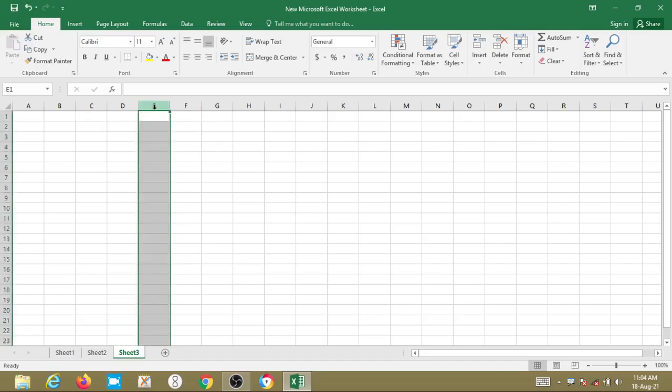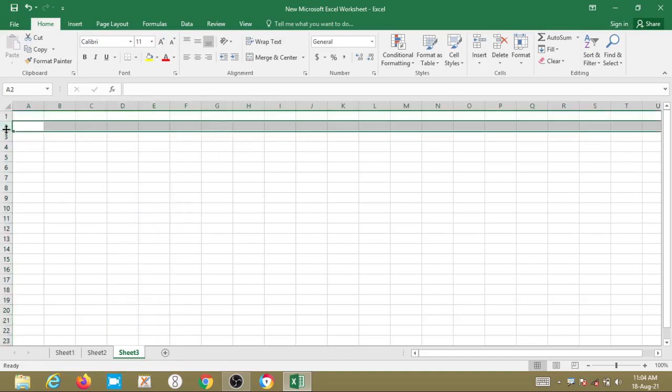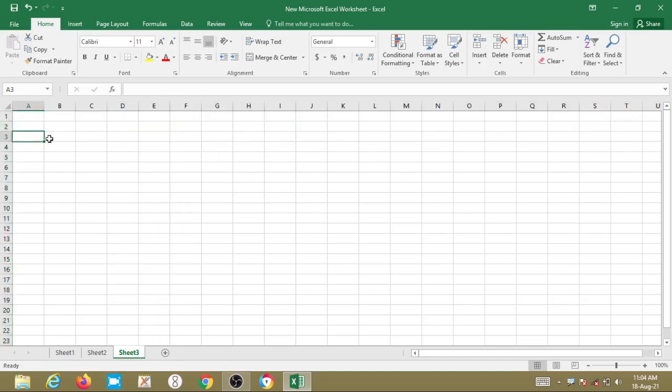If you click here, it will select. And a grouping of cells arranged from left to right is called a row.